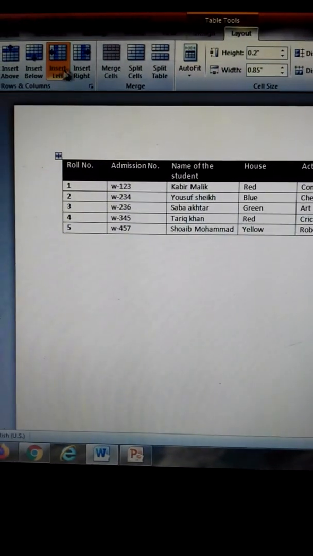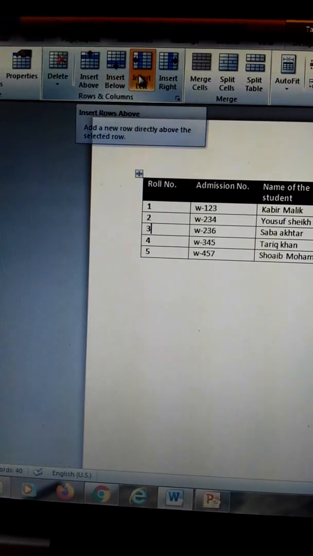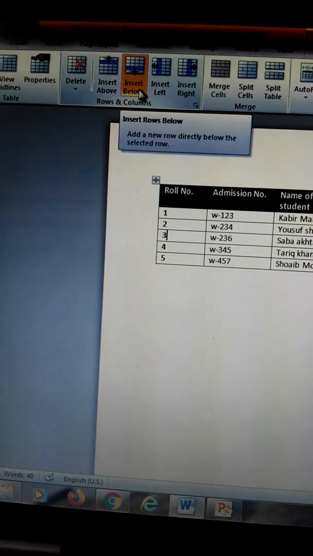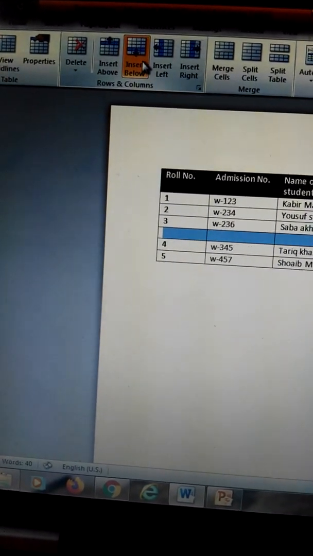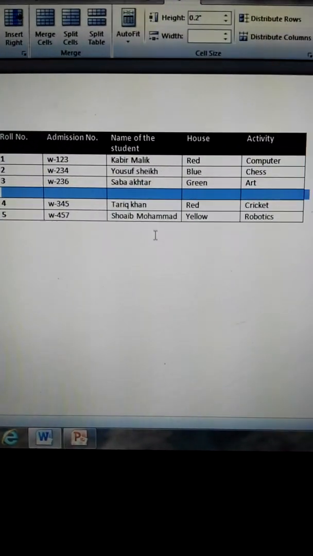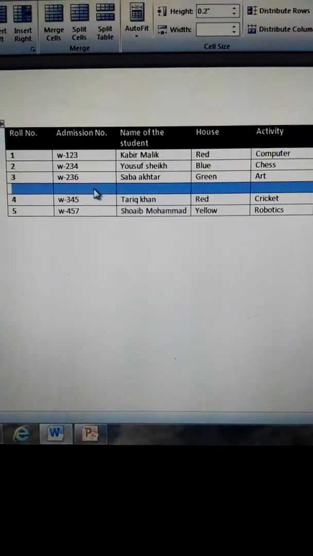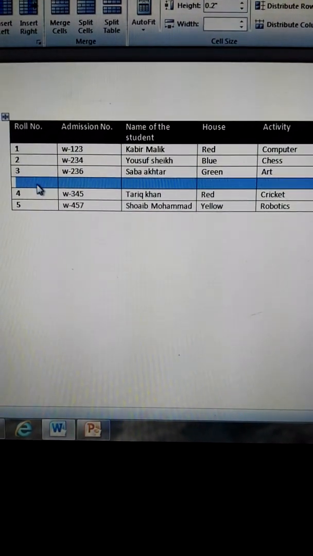Then we will click on the Layout tab, and here from the Rows and Columns option we will choose the option Insert Below, right? And when we click on this option, you can see the new row gets inserted below row number 3.